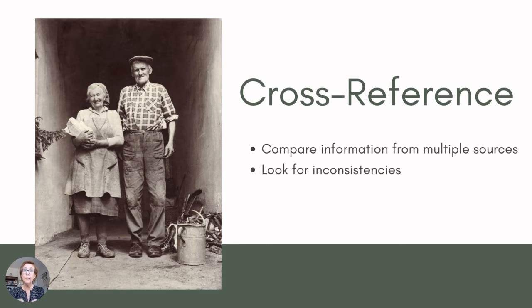You also want to look for inconsistencies across the records. Now, be mindful of this, because every researcher out there, whether you're a beginner, intermediate, or have been researching for years, will find inconsistencies in the records. And just make sure you understand that sometimes we have to research that a little bit more to understand why that inconsistency showed up. Is it because of poor handwriting and mistranscription, or things that were transcribed incorrectly so that it just perpetuated through the records?